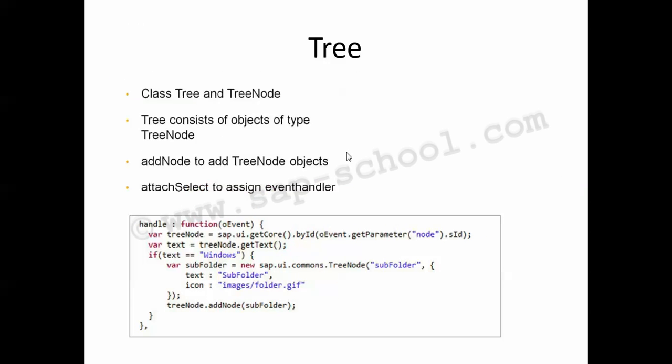Then we have a tree. So the tree control displays items in a hierarchical manner. The control can be used to develop structural views such as navigators or explorers. Each displayed item can have some children, and the user can expand and collapse these items. The tree control comes in two flavors, that is full and transparent, which can be set using the show header attribute of the type Boolean.